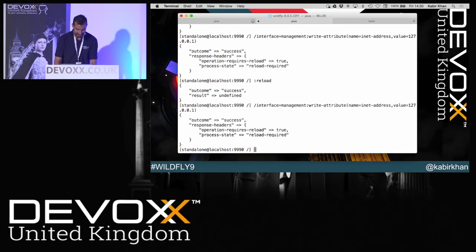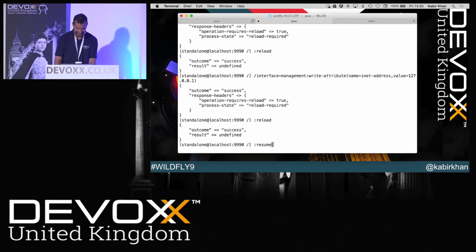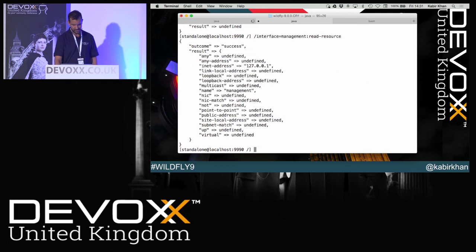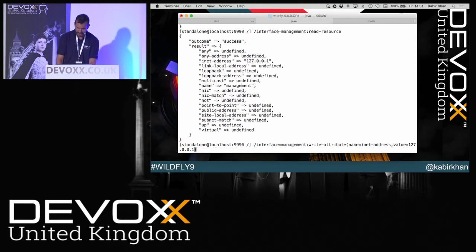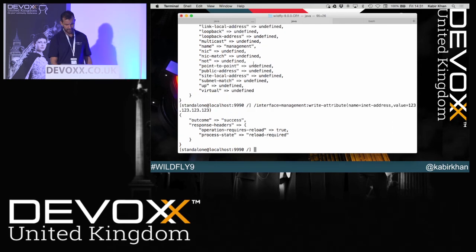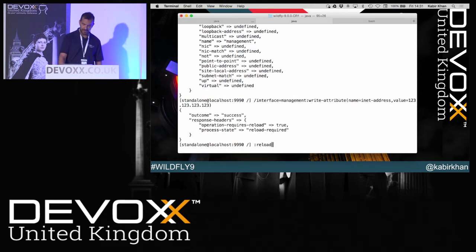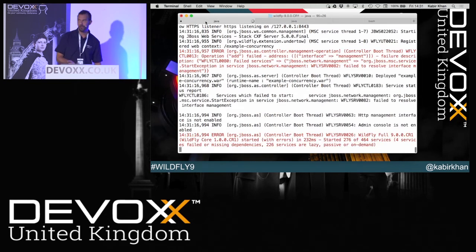Oh, oops. So we change the value. Now I can actually break the whole setup by changing this address to something which doesn't exist on my machine. So we now need to reload it again, and we should see some problems in the log. Now we can't actually do anything with the traditional CLI to recover from this anymore. We could go and change the XML,